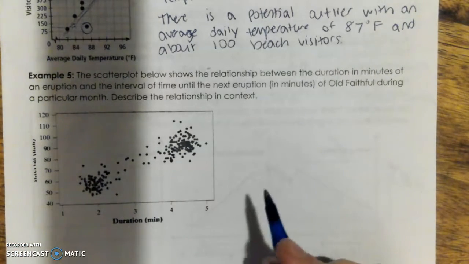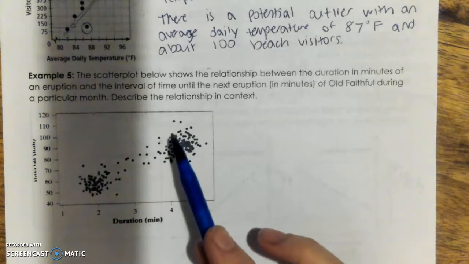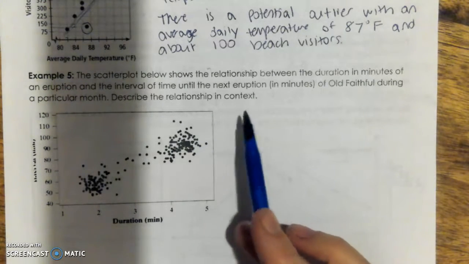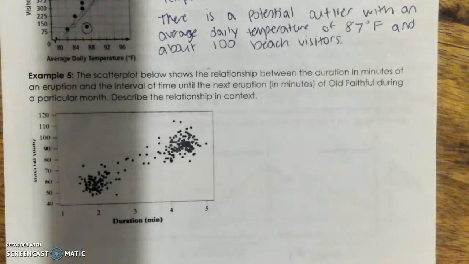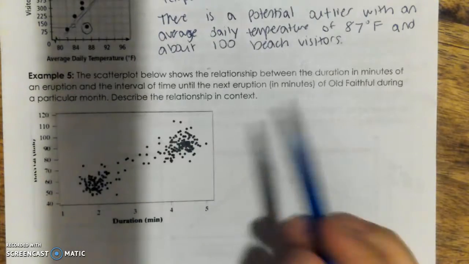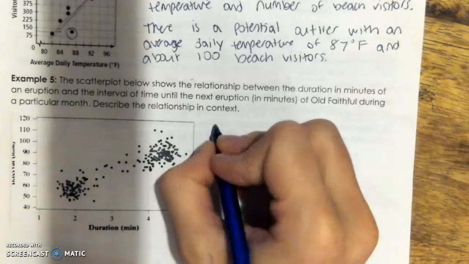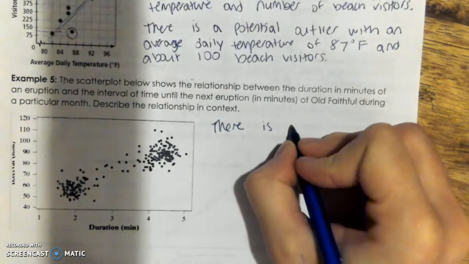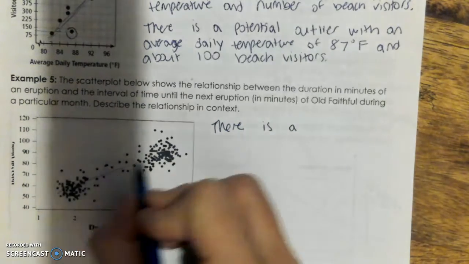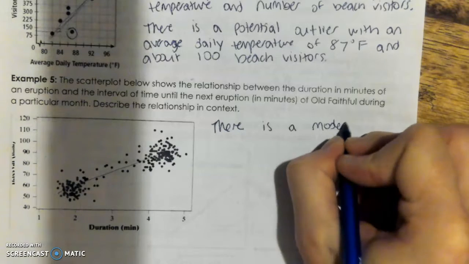All right, number 5. The scatter plot below shows the relationship between the duration in minutes of an eruption and the interval of time until the next eruption of Old Faithful during a particular month. Describe the relationship in context. Okay, so between 1 and 2, between a relationship or not a relationship, there's definitely a relationship, right? So we would say there is, I would describe this as pretty strong. You could say there is a moderately strong,